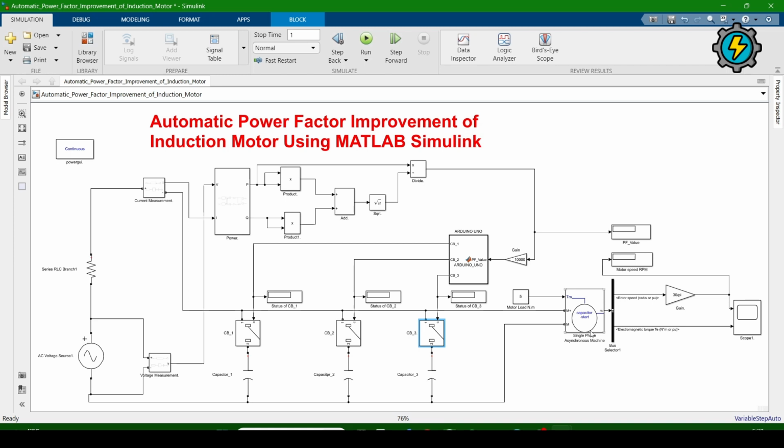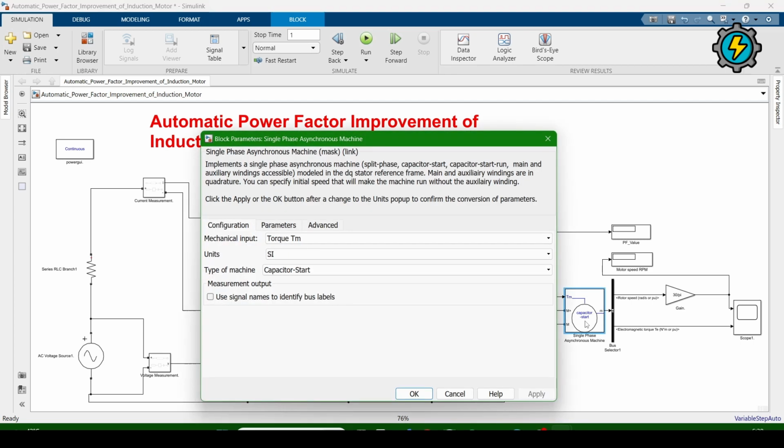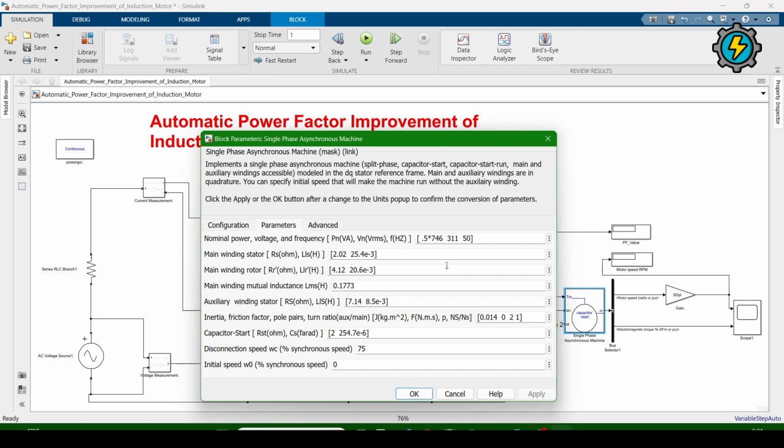Now we will understand the values of this capacitor start asynchronous machine. Double click on it, then it gives the mechanical input as torque. It is basically a load which we give to the induction motor on the motor's shaft, and the units are SI units, and this is the capacitor start. And now we will see the parameters. I have set these values as